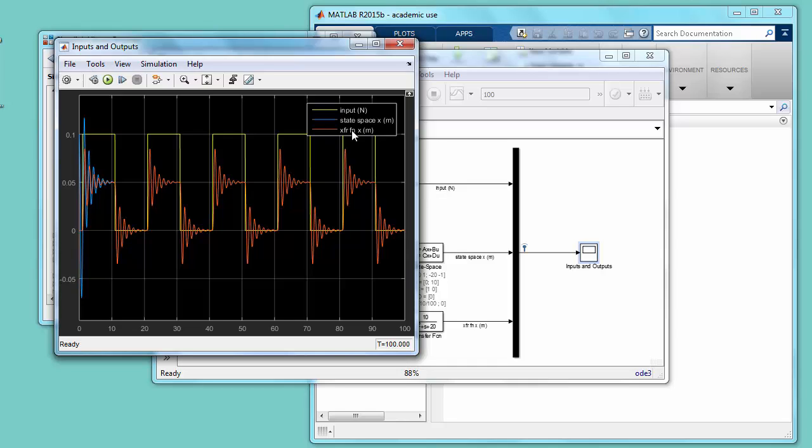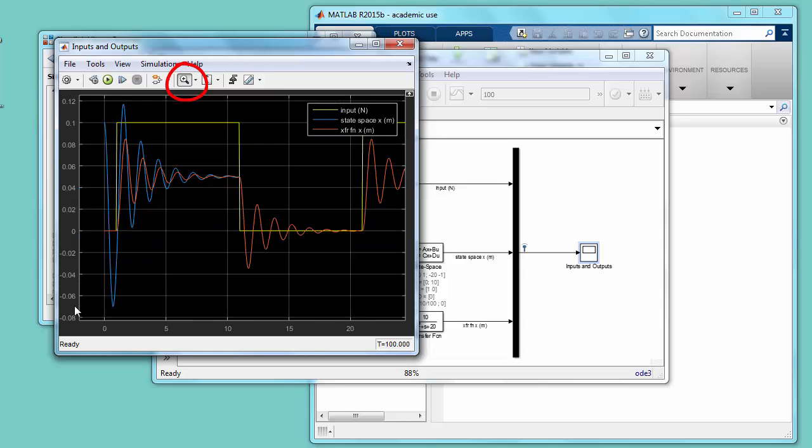Obviously there's a little difference between the red and the blue, and that's because the state space lets us explicitly take care of initial conditions. So we can see this initial condition response. It settles down because of the damping in the system, and then from that point on, the transfer function, the red, and the state space, the blue, pretty much match up identically. So we can really see the effect of that initial condition and the time delay associated with the start of